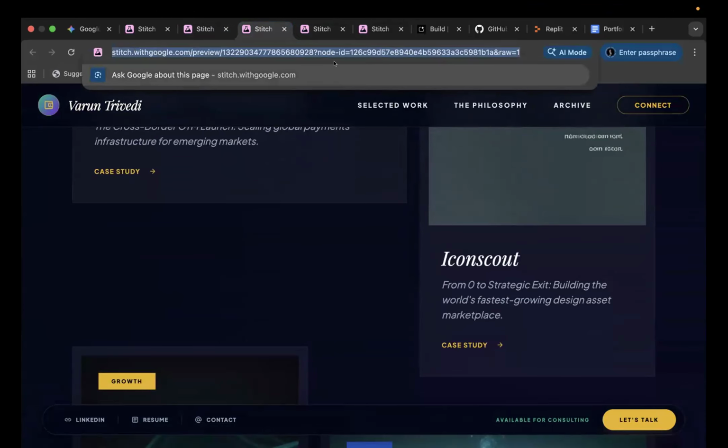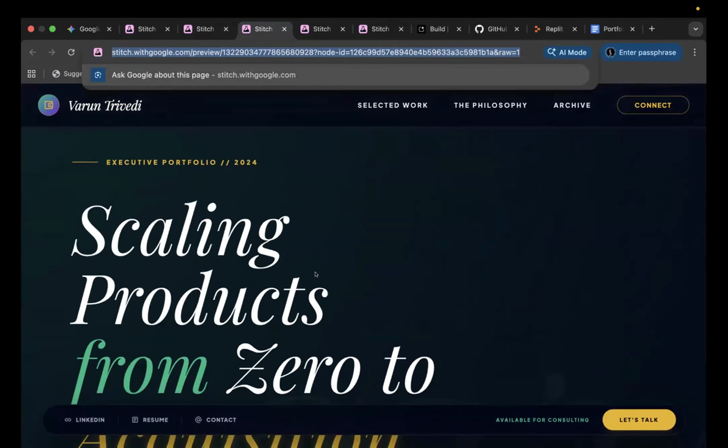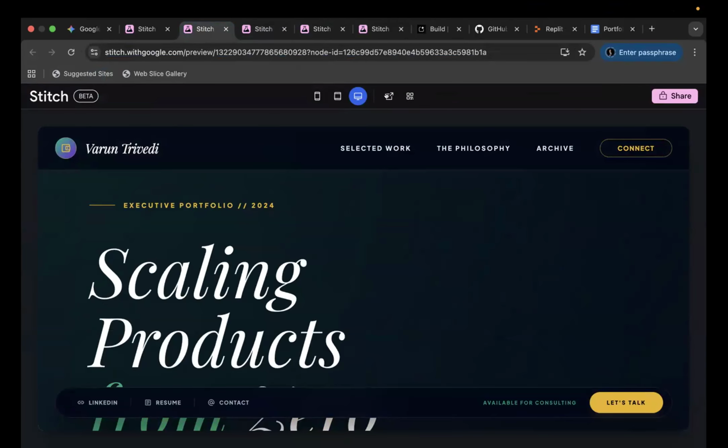So in this example, I'll just paste it here. You can try opening this link and see if it loads for you or not. Ideally, it will. If not, then maybe Google has tightened some rules. But if you can, do share your links as well so that we can also